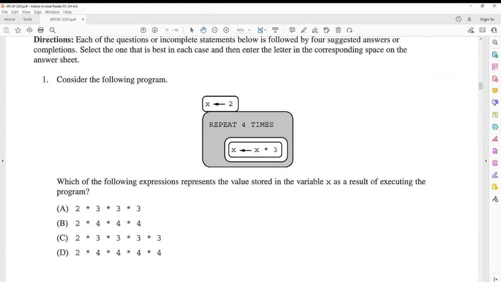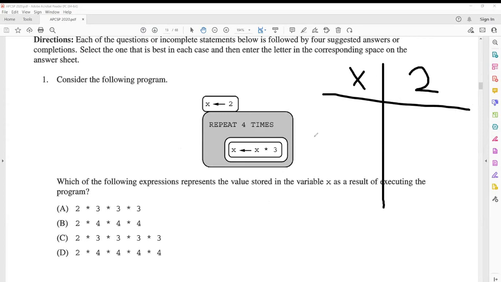You can use a table like this. Your initial value x will be equal to 2, right? So that's your initial value. Let's put an i over there. So this one is your initial value, you get 2. And then for the first row, let's put 1 over there.